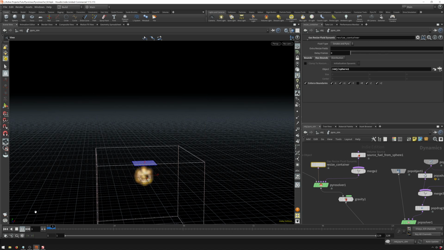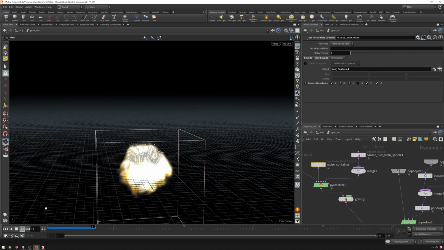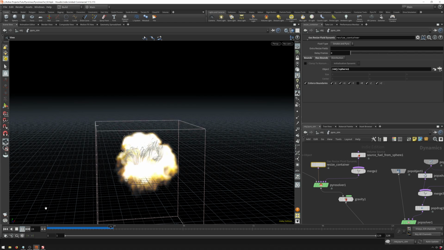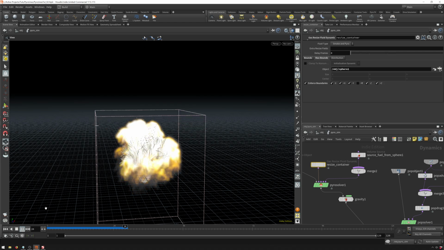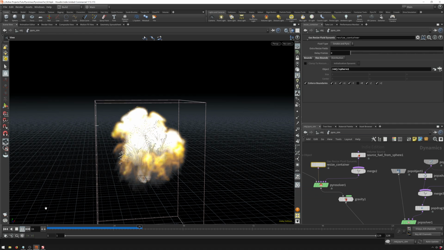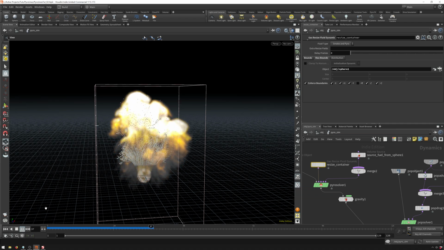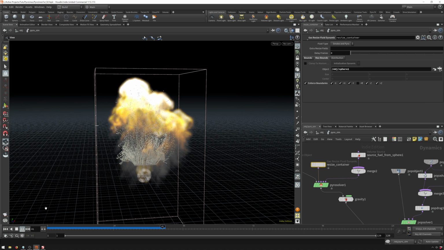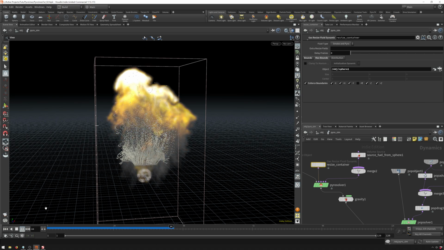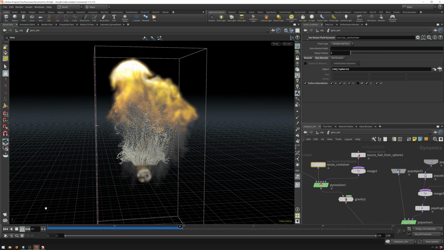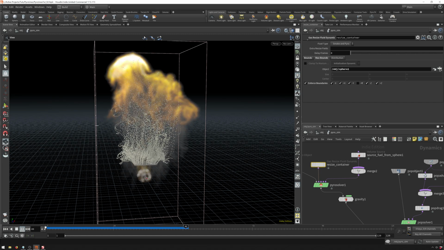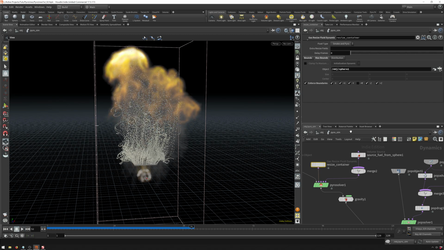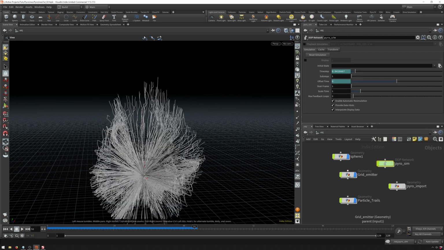Try this again. And you can see why I put the look development stuff in a different part of the tutorial than the functional part, because this is just a lot of clicking one thing and then waiting a few seconds while it cooks and then clicking it again. Yeah, this looks like it's getting us what we want. Nice. So go ahead and pause this, and now we can go to our